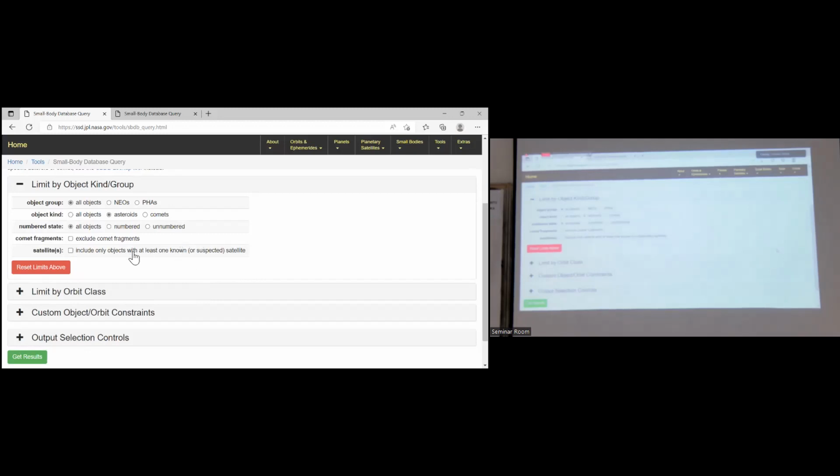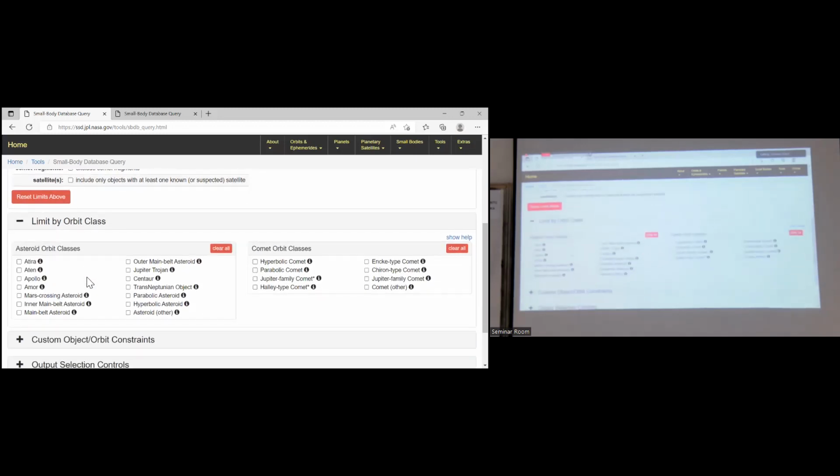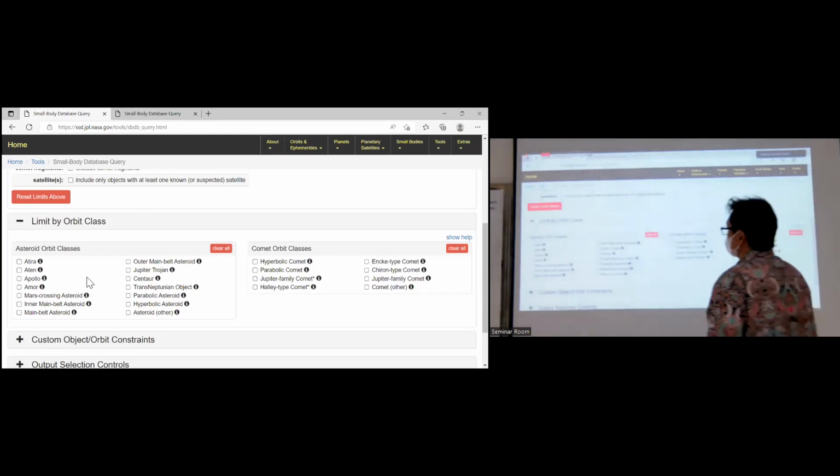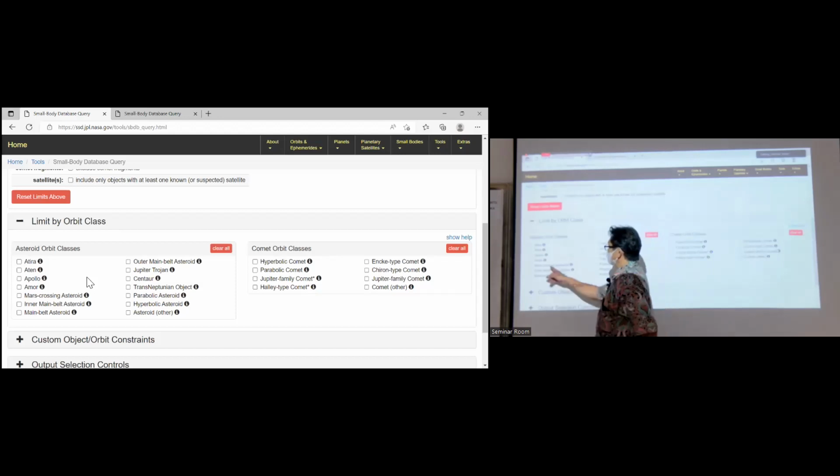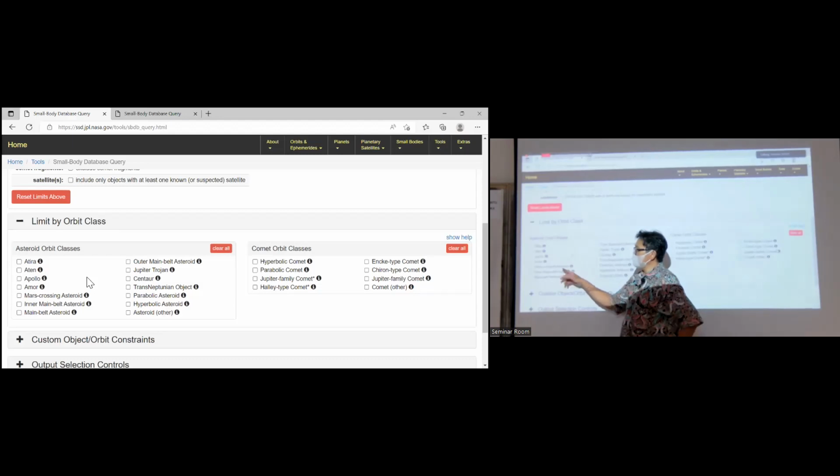Now, limit by orbit class. What does it mean? There are many classes. Previously, Apollo, Amor, are classes of near-Earth objects. This is a class of asteroids that cross the orbit of Mars.